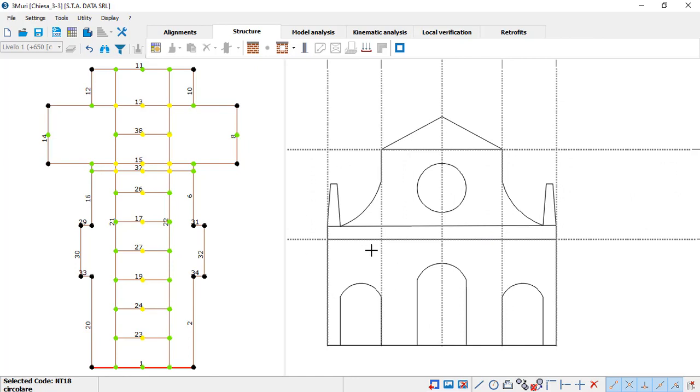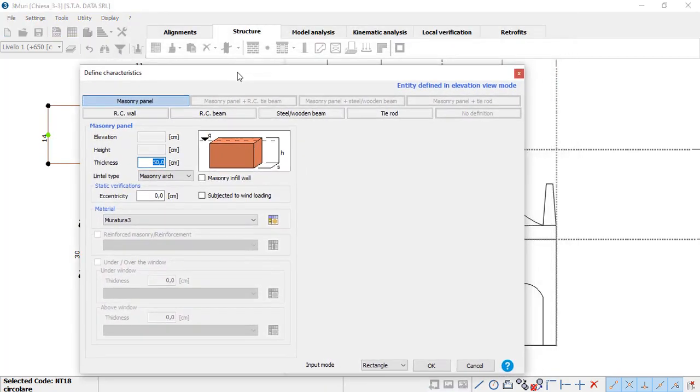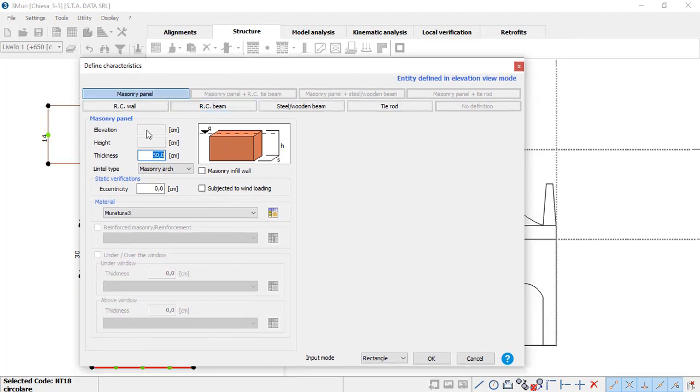So this is going to be just a geometric support that is going to help us in the input of the structure, and we are just going to go ahead and assign to this wall alignment its mechanical attributes. We just click on the icon that is similar to the one that already existed in Tremuri, and we are going to choose the thickness of the facade that we want to introduce. We are going to also